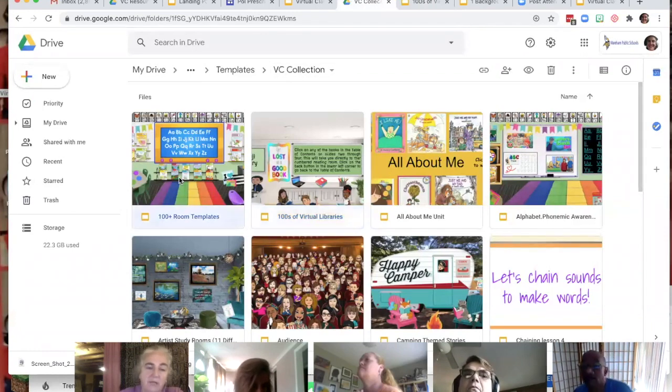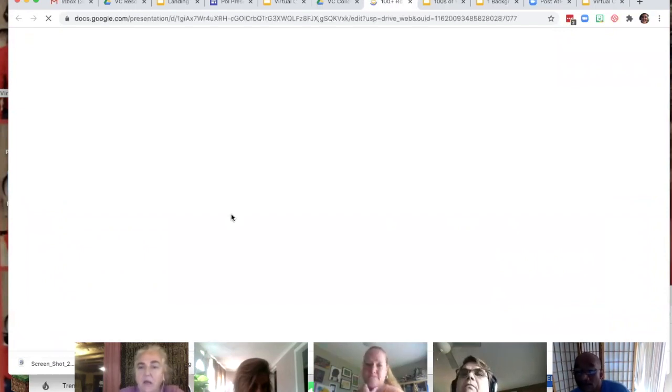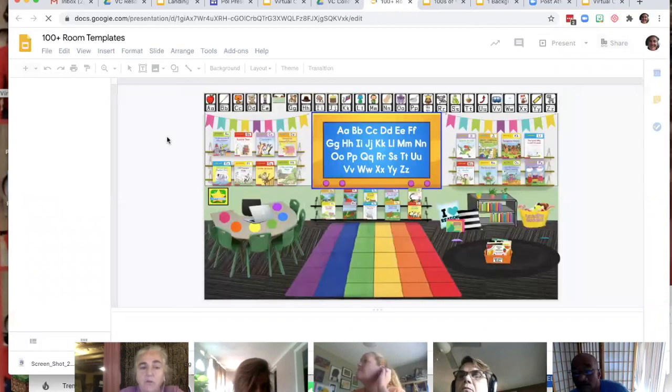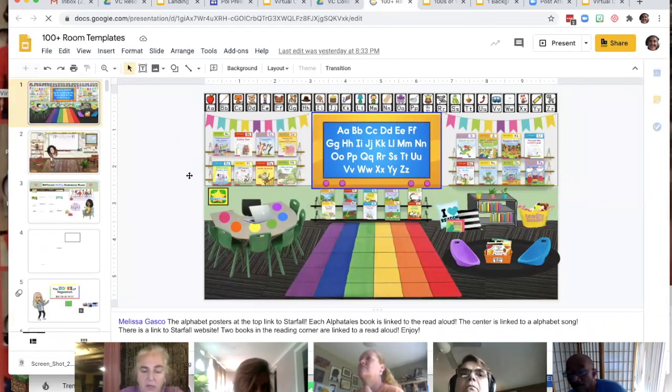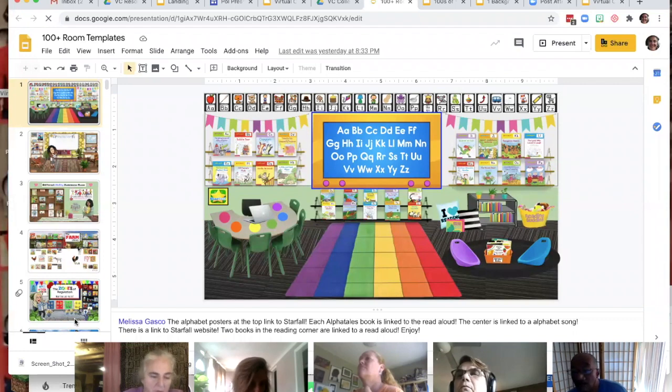Virtual room templates, there's tons of resources here too. It's 100+ rooms I've collected where you have all the links. These are all editable. So if you see a room you really like, you might say, I'm just going to copy this slide and put my Bitmoji in it, and maybe I don't want to use the alpha tail read alouds, so I'll take those out and put in my own stories. These at the top, I believe, are each letter linked to a